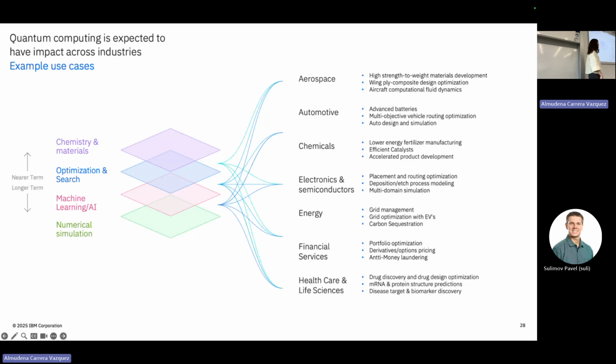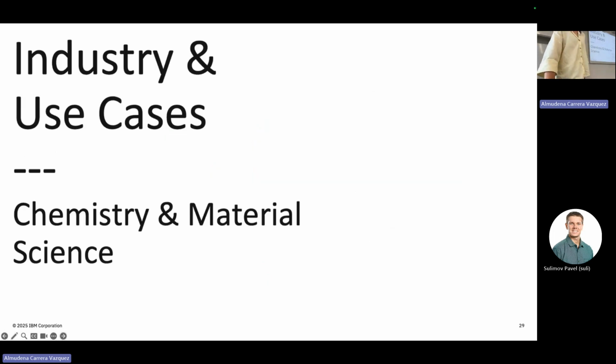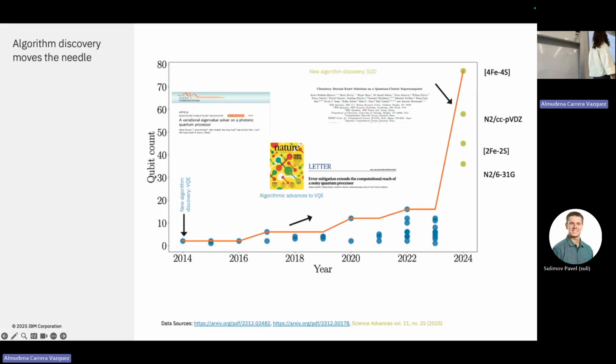I will not go into those today, mainly because I just wanted to go through chemistry and optimization, because there is where we have a new algorithm and a new benchmarking tool. So in chemistry, this is a graph over the years of the number of qubits that they were running in the different experiments on real hardware. And you can see that up to last year or this year even, it didn't grow too much.